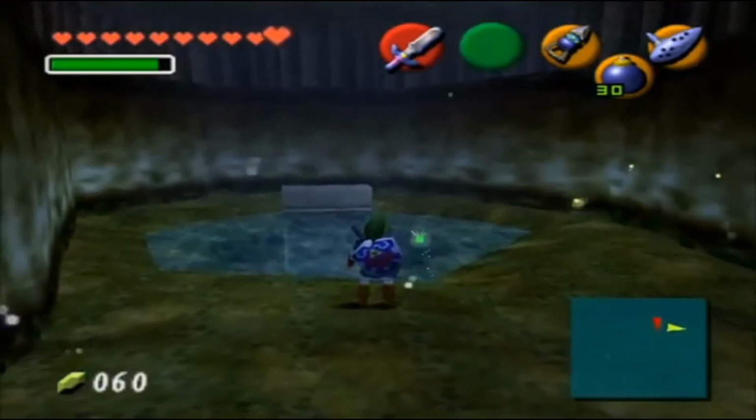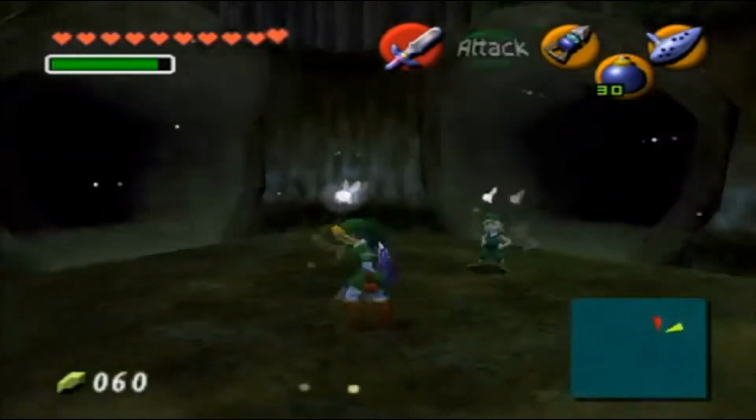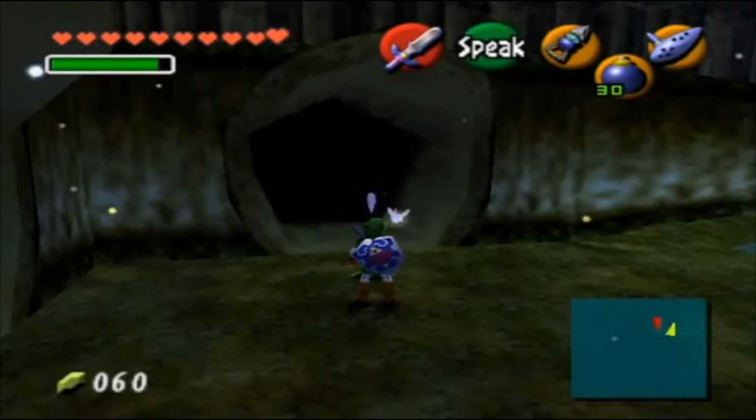Actually, I think the Zora's River shortcut works as well. I keep thinking that it's in Lake Hylia, not the Zora's River, but we don't have access to Lake Hylia right now. Anyway, this is